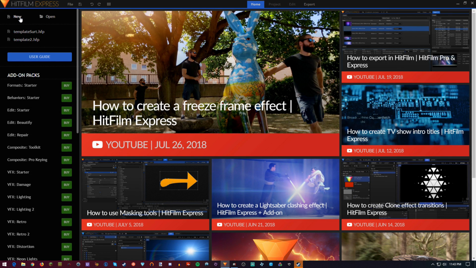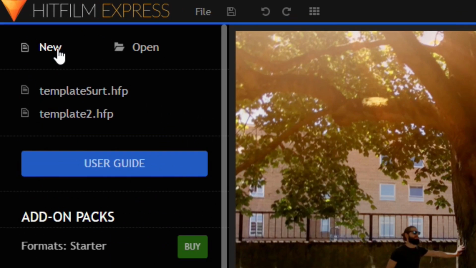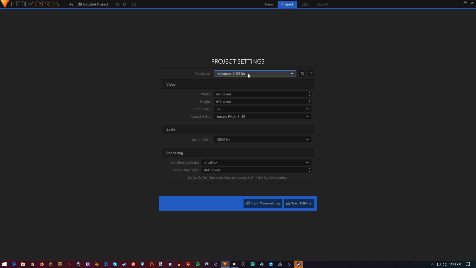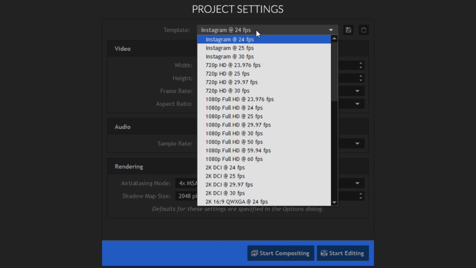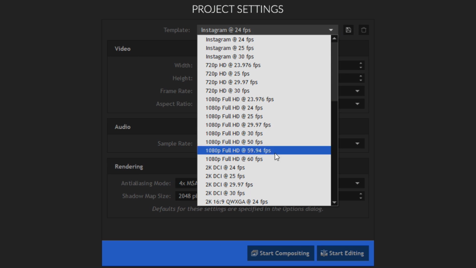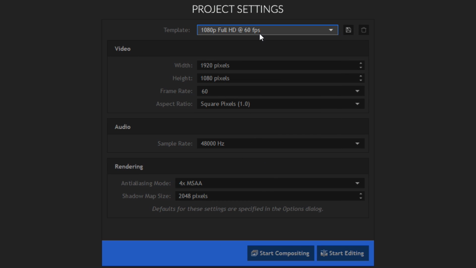So now we're going to get into creating a project. So we're going to hit New, and we have to select our template right here. They have plenty of different ones to choose from, but we're going to go for 1080p, Full HD, 60 FPS, because that's most of the video that I work with. Then the rest of these settings are perfectly fine, and we can come down here and hit Start Compositing or